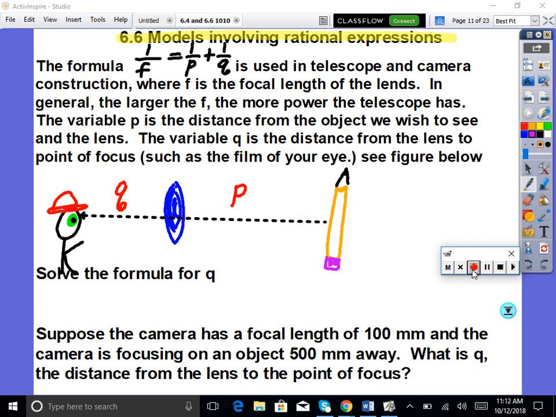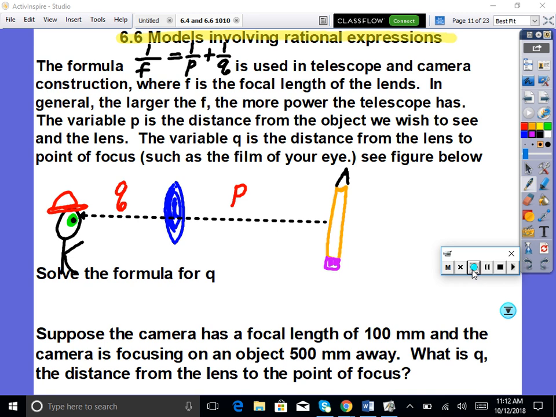Reading this, everyone. It says, the formula 1 over F is equal to 1 over P plus 1 over Q is used in telescopes and camera construction, where F is the focal length of the lens. In general, the larger the F, the more power the telescope has. The variable P is the distance from the object we wish to see and the lens. The variable Q is the distance from the lens to the point of focus, such as the film of your